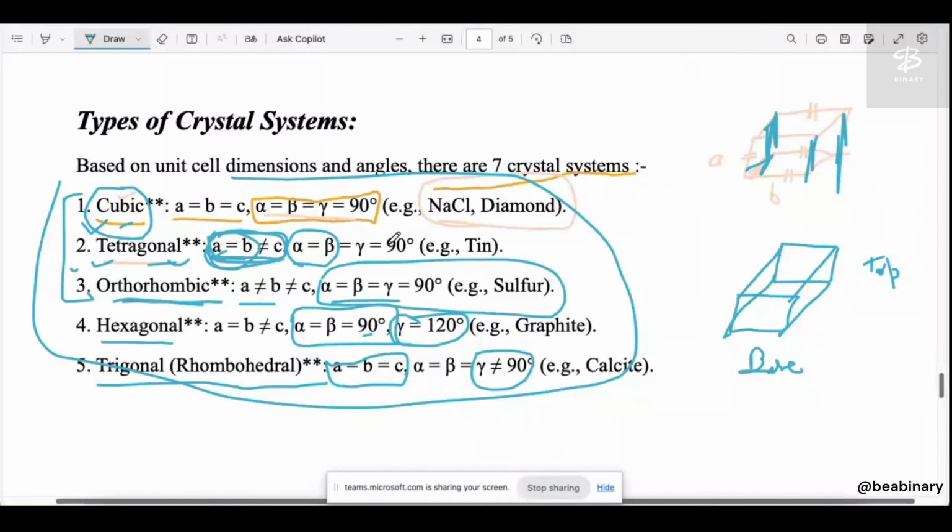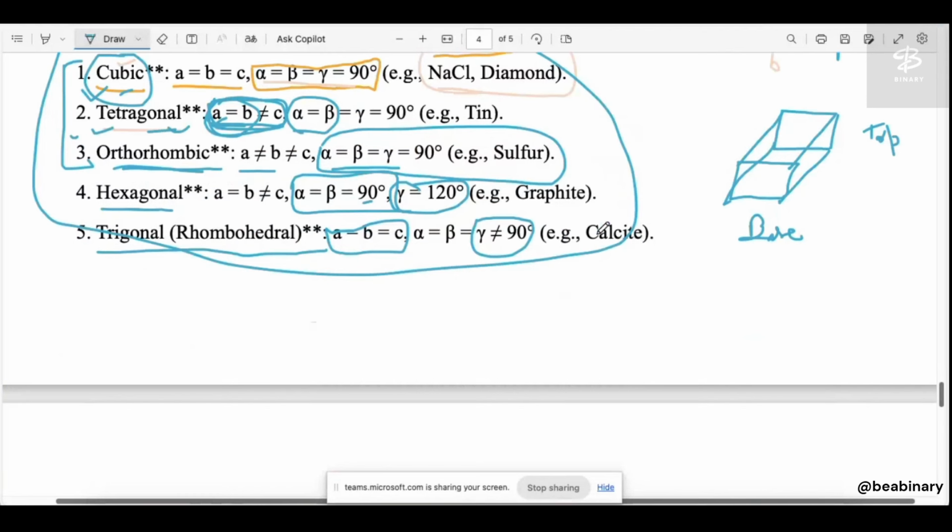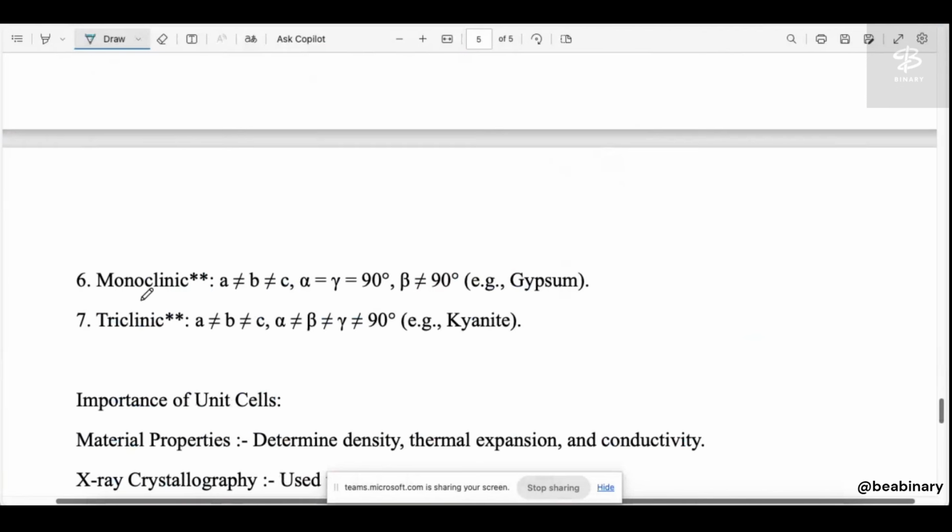Okay, we are discussing the crystal structures. Yes, the crystal structures, right? Okay, so now we come to this one, monoclinic. So what is the difference? In monoclinic, A, B, C are all not equal, right? All have different values. And in the relation of angles, alpha and gamma would be 90 degrees, but the second one, the beta,